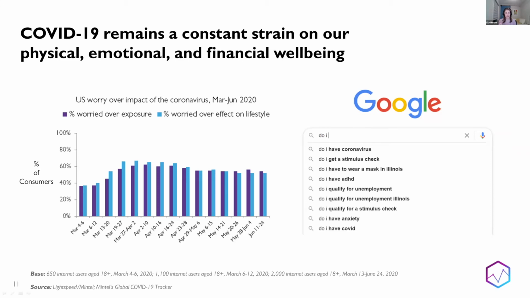Even just doing a Google search, you can see what the most searched for terms are, and it's just frightening to see that this is really what's so top of mind for people right now. These concerns, whether financially, emotionally, or physically, are all coming into play, and everyone is trying to find a way to process that. So stress, anxiety, this is really tugging at everyone right now.